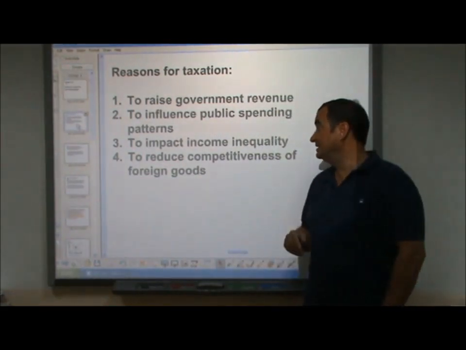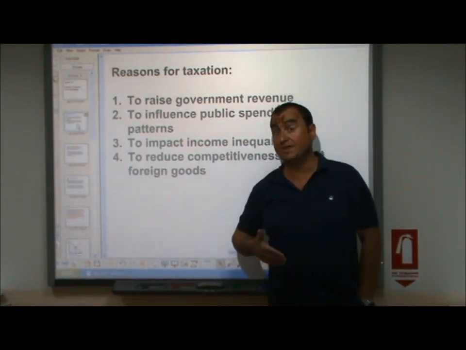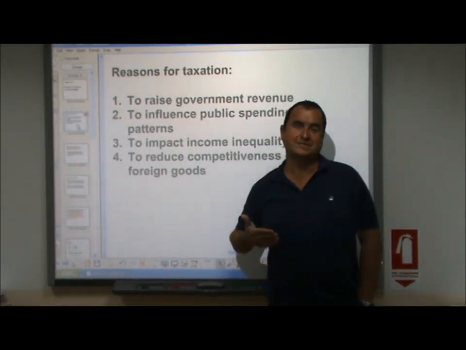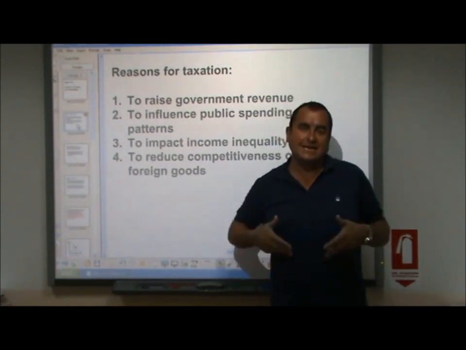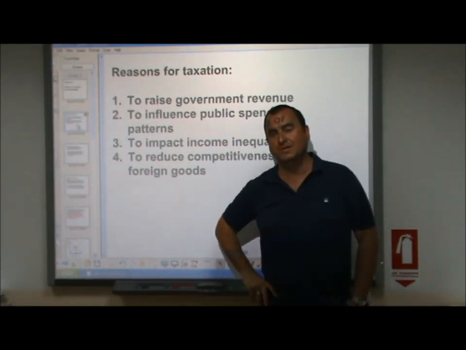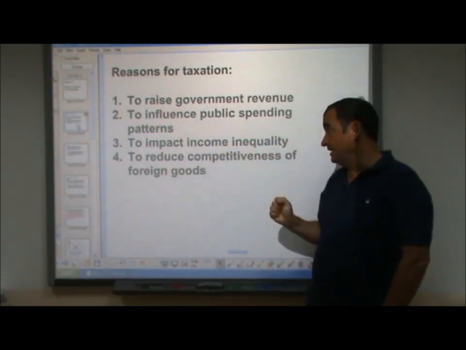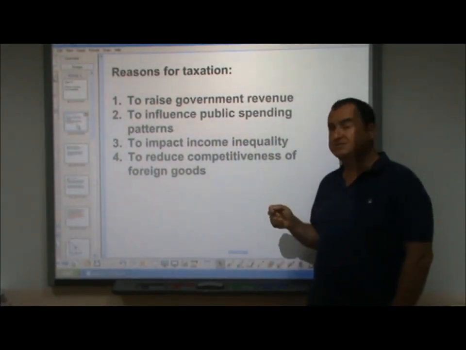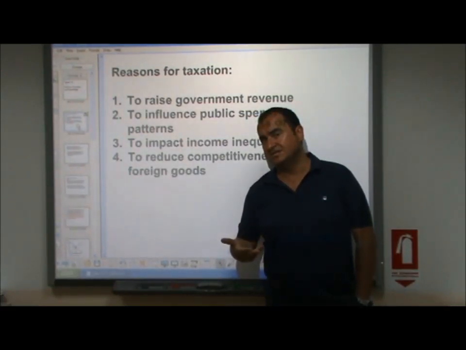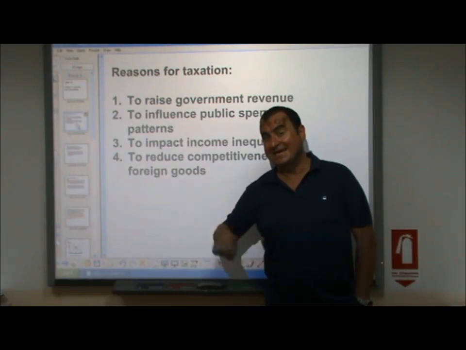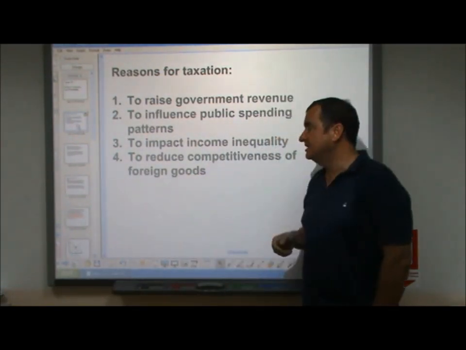Thirdly, to impact income inequality. Maybe some governments will place higher tax rates on people with higher incomes so that it helps to create more equality, or less inequality, between people in society. So it may be done for these reasons. And fourthly, to reduce the competitiveness of foreign goods. If specific taxes are placed on imported goods, it raises their price and that reduces their competitiveness in a home domestic market. So these are possible reasons for taxes,